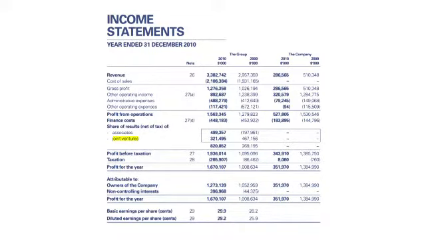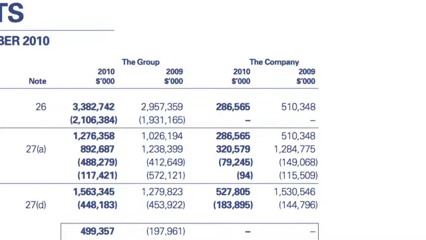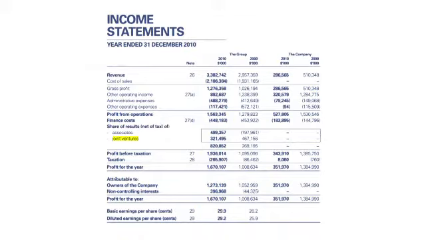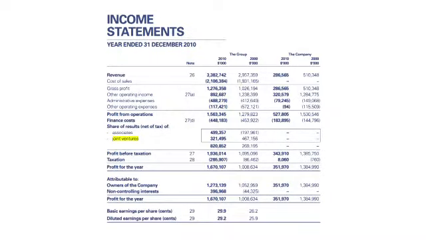Let me take a quick time out here and ask you a very quick question. We're just still looking at that income statement. What is the difference between the group, as you can see at the top of that column, and the company, which is often very different numbers? Which one should you be looking at? The company will refer to the investment holding company, in this case, the listed entity, CapitaLand Holdings. The group will comprise all the operating subsidiaries plus the holding company. So which one should investors be looking at? Take a look at the group numbers because that gives you all the operating information. You can see the numbers are very, very small for the company as compared to the group level, because that's when you get to see the real operating data.